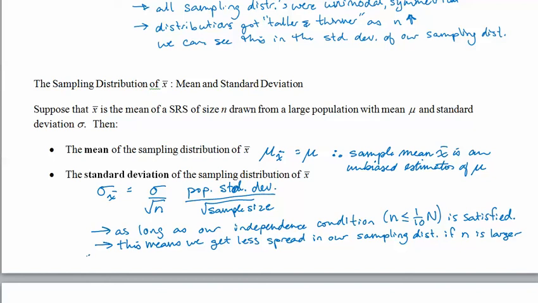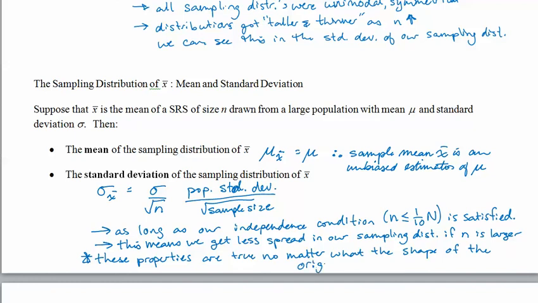Now, remember when we changed, in our example, the shape of the population? So these properties are true no matter what the shape of the original distribution. Okay, we're going to